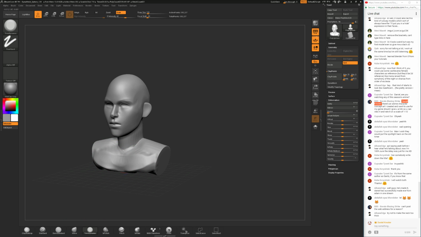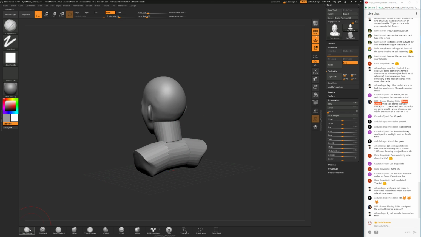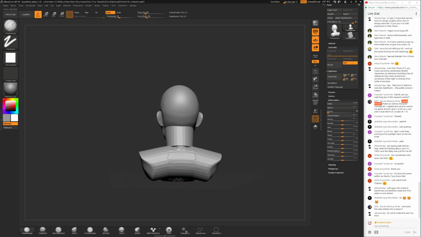And I'm trying to avoid getting into too high resolution from the beginning on, because it will be very hard to make rough changes if the resolution is too high from the beginning on. That's also a little bit of advice if you're doing modeling.